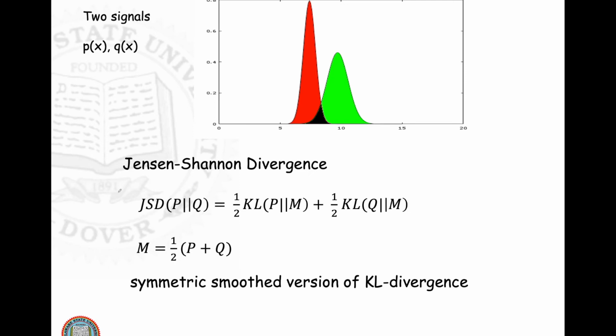It takes the midpoint distribution, so it's the smooth average between P and Q, our two probability distributions corresponding to the two signals. And it says, okay, well, for half of the contribution for this measurement of difference, I'm going to take the KL divergence between the first probability and this midpoint distribution. And the second